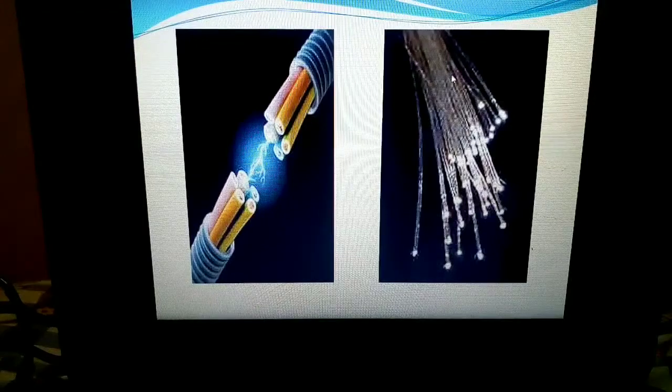You can see here, this is the outer jacket which is made up of plastic, and within this we have again the other cables. Within these cables, these thin strands would be there, which are made up of glass. Here the data will be carried in the form of light from the source to the destination at the other end. At the source, there will be a transmitter which will send the data.